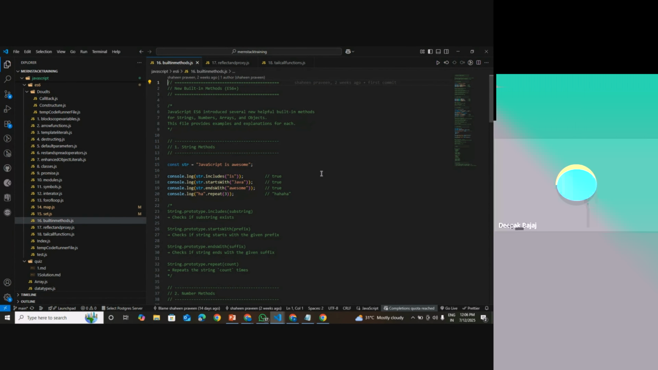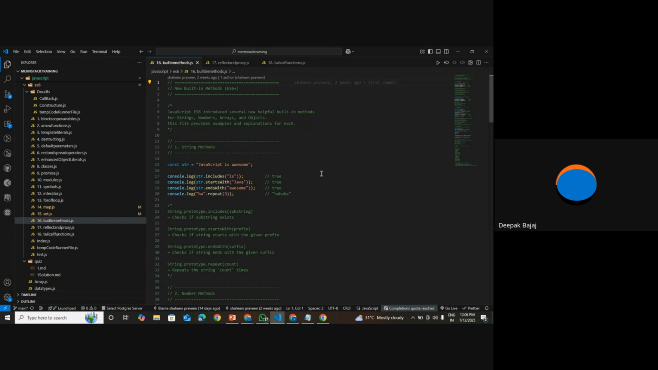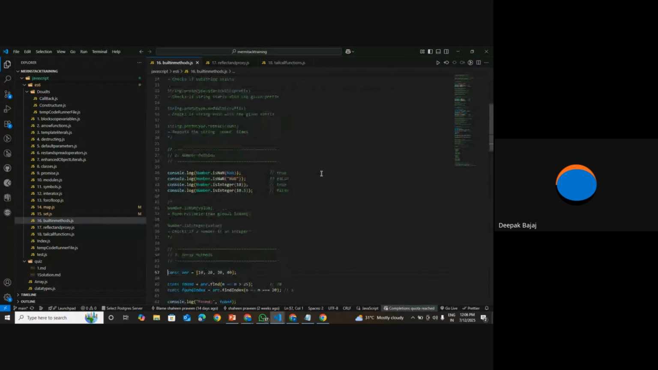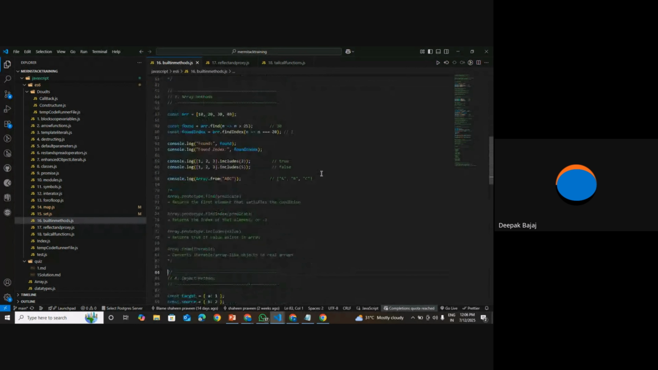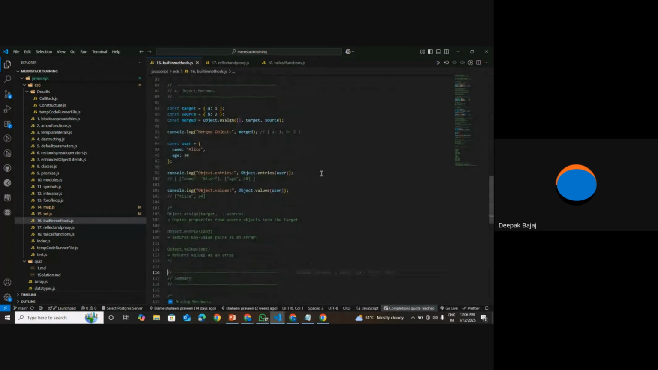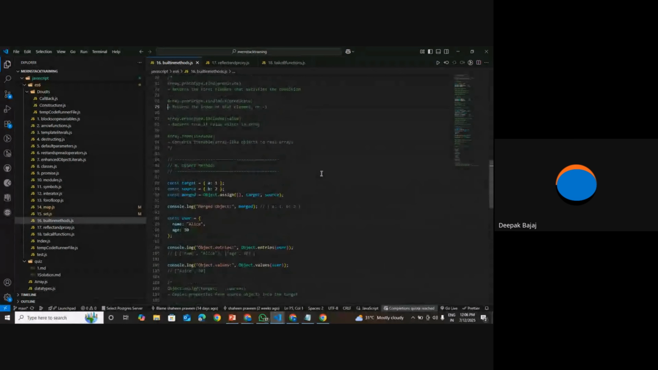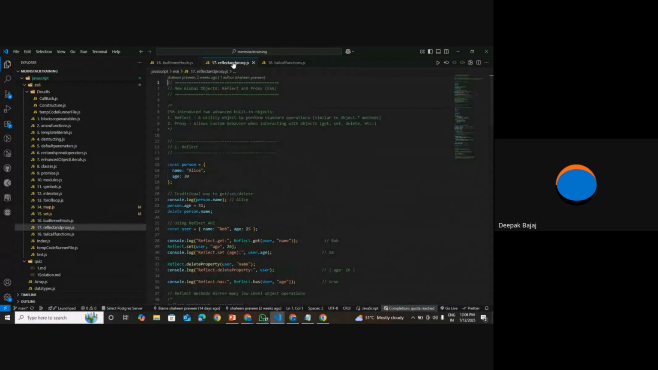Hello guys, so today we are gonna learn these three topics: built-in methods. This is a topic where we will cover the built-in methods for different things available in JavaScript, like string or number methods, array methods and object methods. And after that we will cover these two new global objects, Reflect and Proxy,